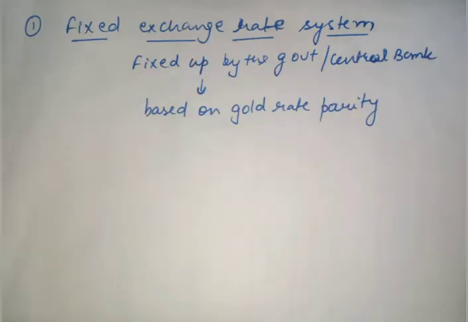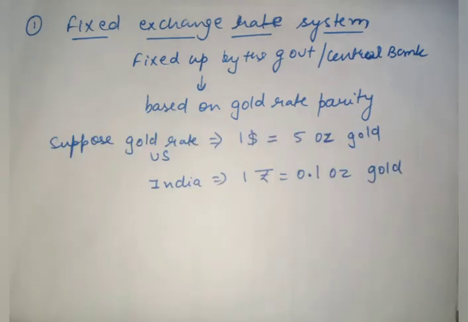In this, the mechanism followed is the parity between the gold values in different countries. The value of gold in different countries becomes the exchange rate of different currencies. Let us understand this concept with an example. Suppose $1 in the United States will fetch you 5 ounces of gold. For your information, 1 ounce is equal to approximately 28 grams. On the other hand, in India, 1 rupee will fetch you about 0.1 ounces of gold.